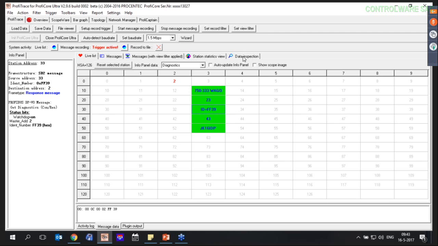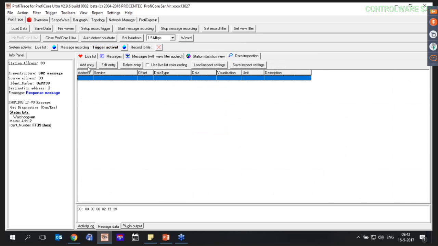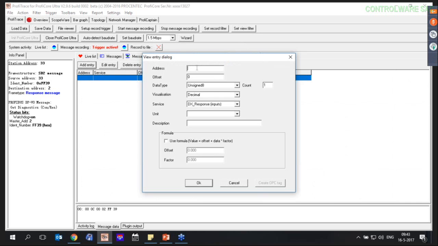So if I go back to my data inspection, I can add an entry. My address is number 13. I think I want to look at offset number 0. That means that I'm going to look at the output byte number 0 of this device. If you configure a device, you are configuring it as one big data block. But this one big data block can mean different values. So the offset means I'm going to look at the first byte of output data of this